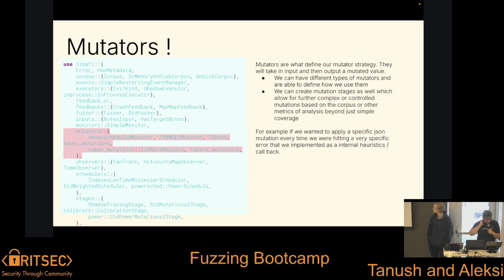Mutators. Mutators are a pretty important and interesting idea when it comes to fuzzing, because what mutators allow you to do is essentially define how you're going to mutate things and what mutation looks like. We'll talk about some custom mutation strategies and mutators that let you fuzz grammars.